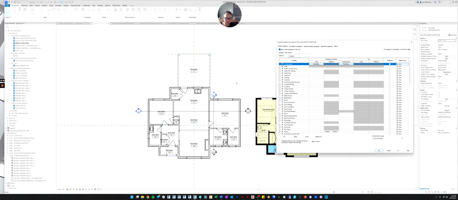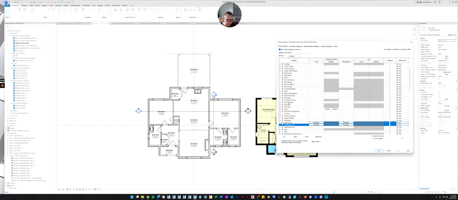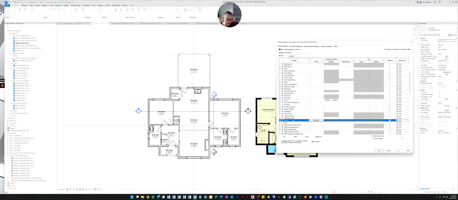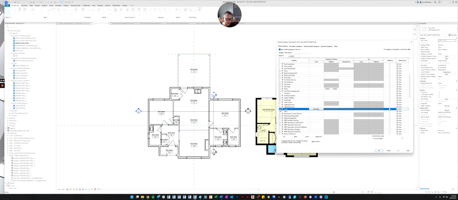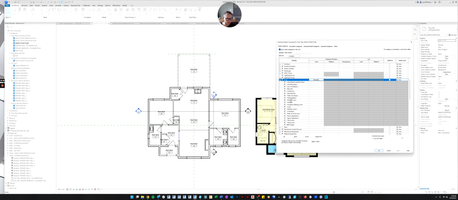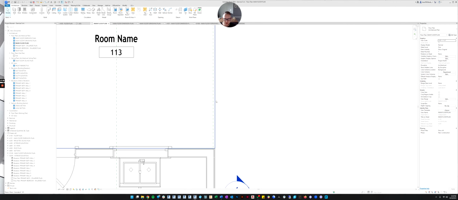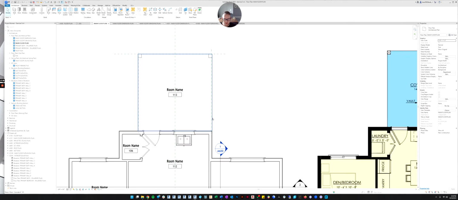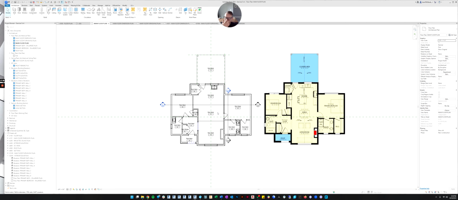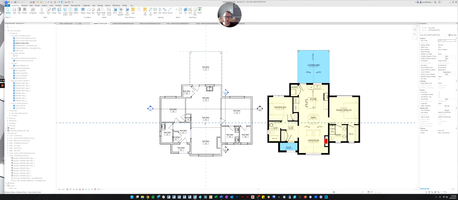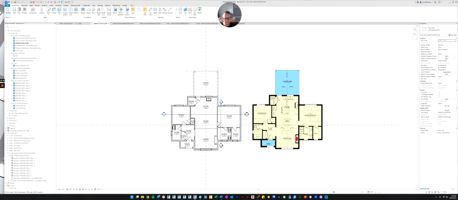So again, we'll open our visibility graphics. And I think this falls under lines. So if you go to lines, there's this little box you can click, and this will tell you all the different kinds of lines that are in the model. So we want to look for, I think, room separation right here. You'll unclick that and click OK. Now you can see that red dashed line is no longer there. But remember, if you needed to change or edit your model and you needed to change those lines, you'd have to turn them back on in order to see them.